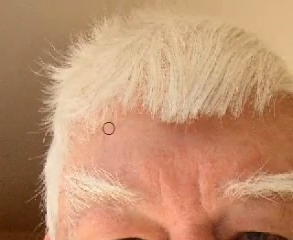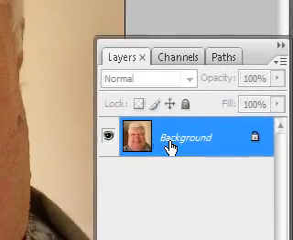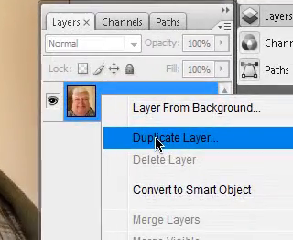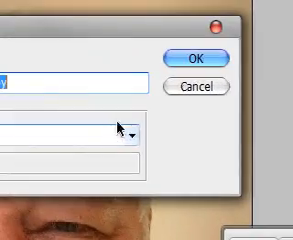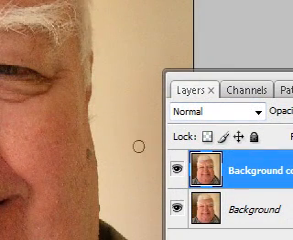To start off with, load up your image. I'll be using this picture of the handsome fella that I found on the internet. And then when you've loaded it up, go to layers and then duplicate it by right clicking on it and clicking duplicate, or by just holding down Ctrl J. When that's done,